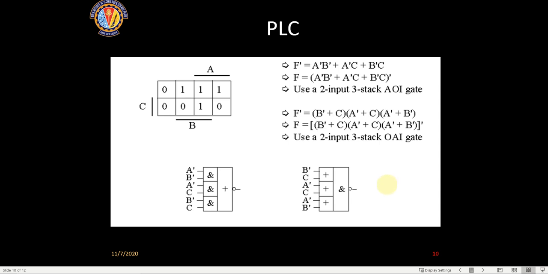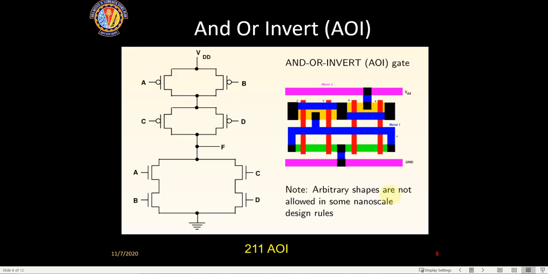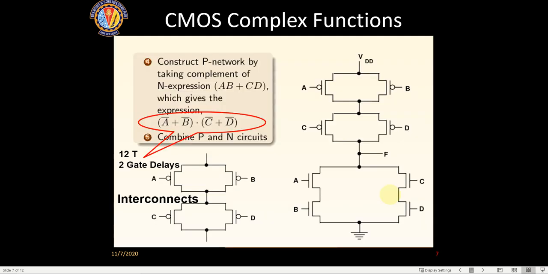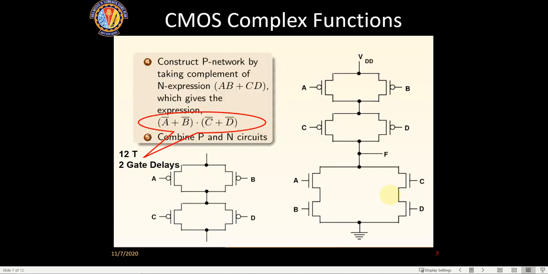Okay, this is not part of your syllabus, because I didn't want to start a new and important portion of sequential multipliers and divisions. So I had some spare time, so I just took up this PLC.